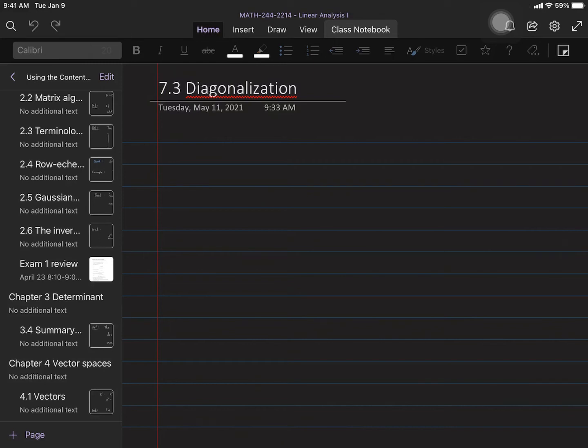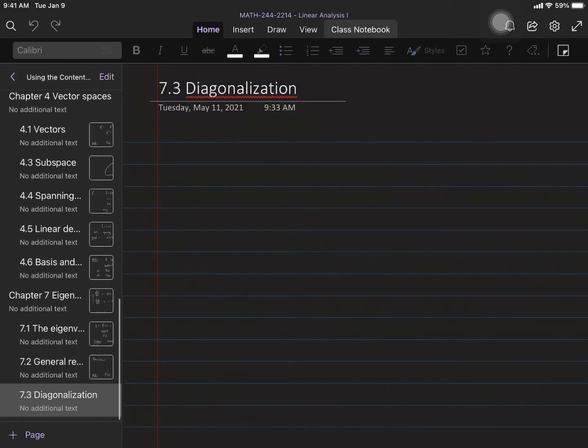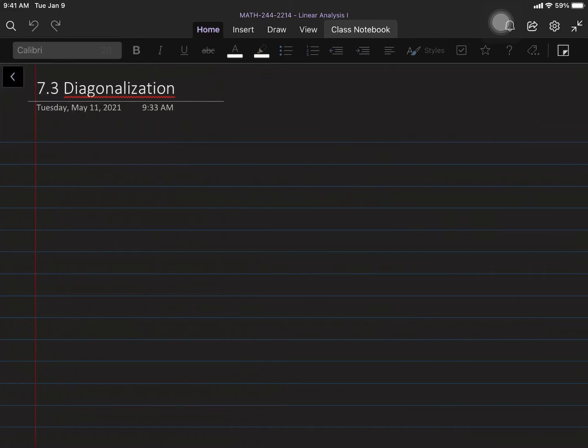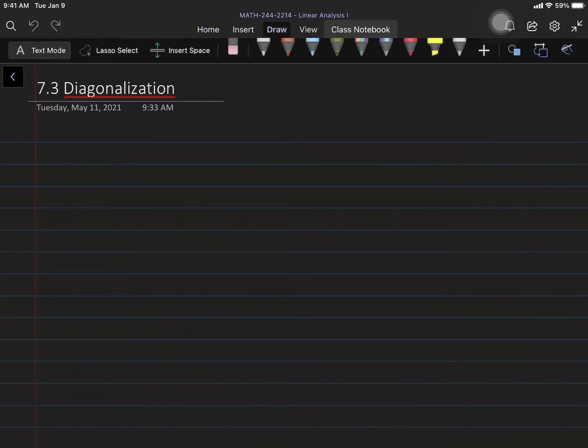Hello, today we're going to do 7.3, which is diagonalization. Firstly, I'm going to give you a little idea of what we're going to do before we introduce the detailed information. Now let's take a look at this linear system,